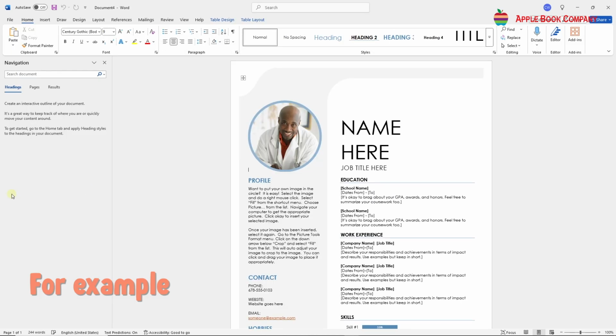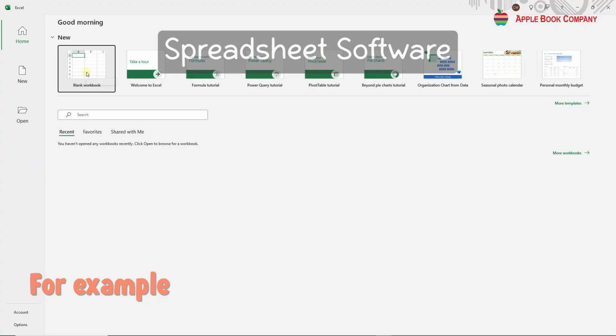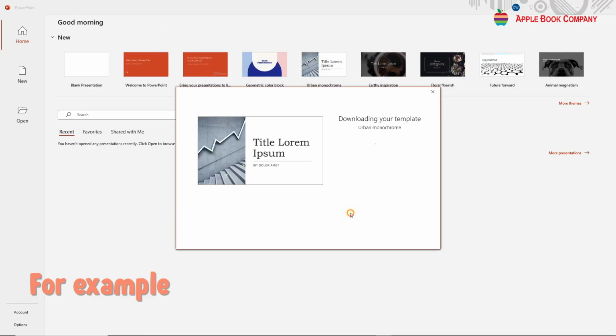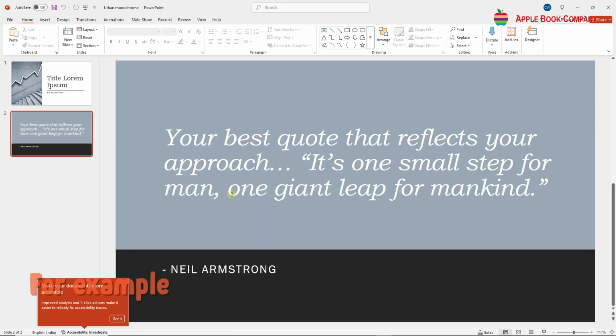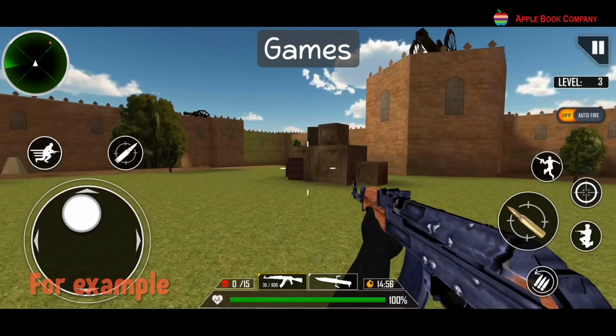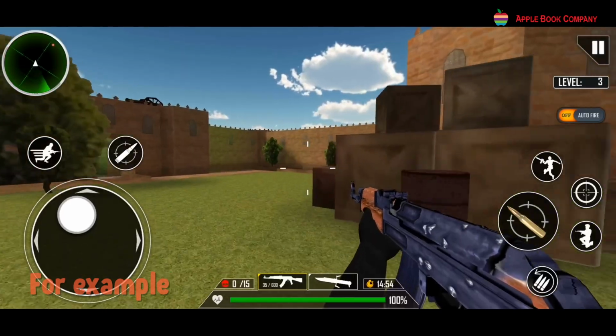For example, word processing software, used for creating and editing documents. Spreadsheet software, used for organizing and analyzing data in tables. Presentation software, used for creating slideshows. Drawing software, used for creating digital art and illustrations. Games, used for entertainment and fun.